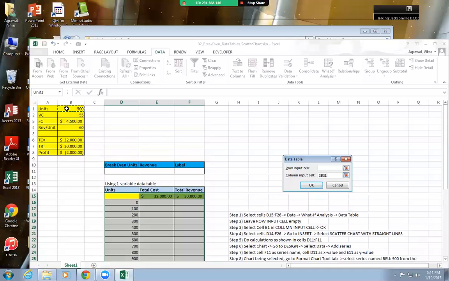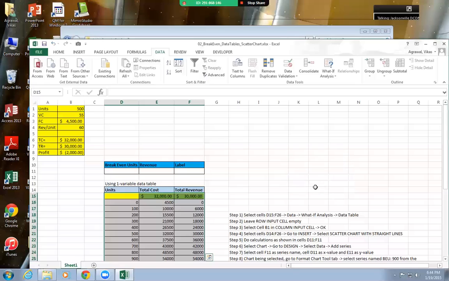That's cell B1. This is a very critical step. You have to pass on the reference, and this reference must be used by total cost and total revenues, which in our case they are using because we have used the formulas. Are you guys with me? Right? Ask me questions if you don't understand anything here. Okay, and say OK here, and it's going to fill it up.